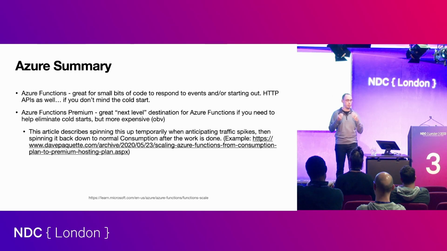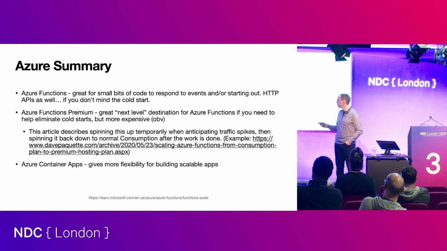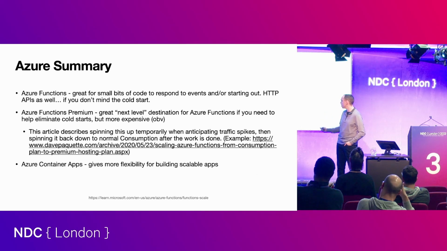describes how he wrote something to basically spin up a premium instance when traffic started to escalate on the consumption plan. They'd spin up the premium instance and handle all the traffic, especially if it was unpredictable, bursty traffic, where they didn't want those cold starts to really impact them, or they knew that on the consumption plan they'd start to pay more for execution. Then they'd write code to spin it down and just go back to consumption, because consumption is pretty cheap if you do it within their parameters, if it costs you anything at all. So that's a really interesting article. When I post the slides, I encourage you to read through some of these. I think they're really interesting. Again, creative use of the cloud is something that I think is really awesome.